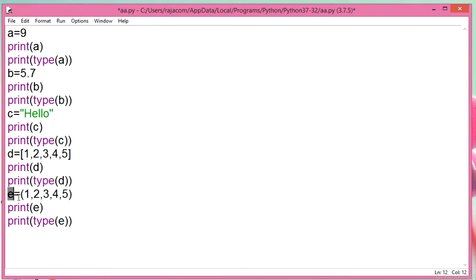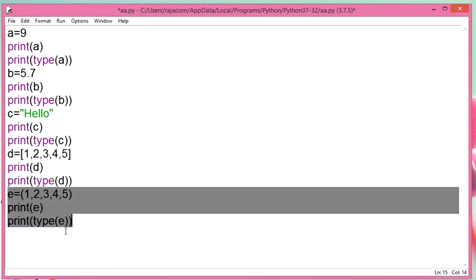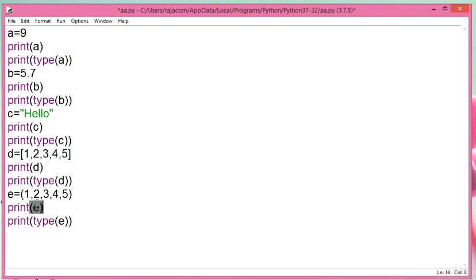And last, which we are learning, E stores 1 2 3 4 5, but it is in parentheses, so it will be stored as a tuple. So print E will print all the elements stored in variable E. And print type E.